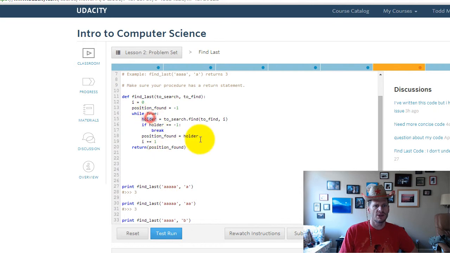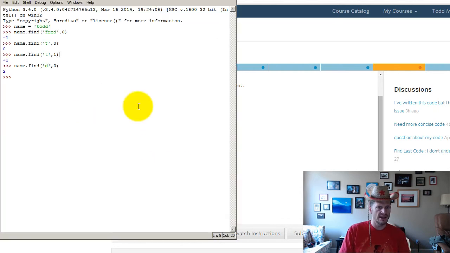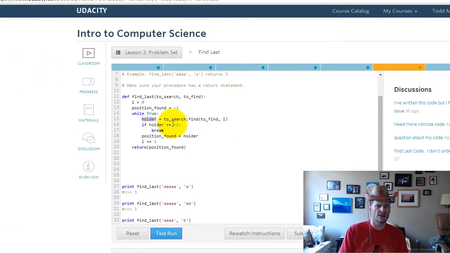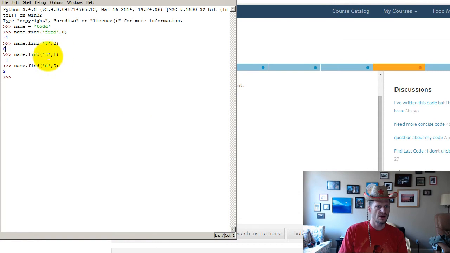And then I'm going to create a variable to hold where I found it. Here I found T at position 0. We started at position 0, and I also found it at position 0. Here I found D. I started looking at position 0, and I found D at position 2: 0, 1, 2. And so the holder variable is going to hold what position I find one of the characters at. And if it doesn't find the character anymore in the string, so if I look for T starting at position 1,